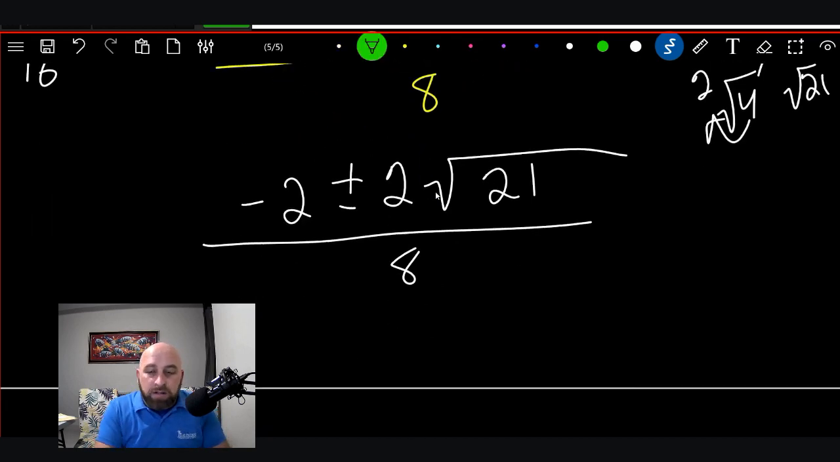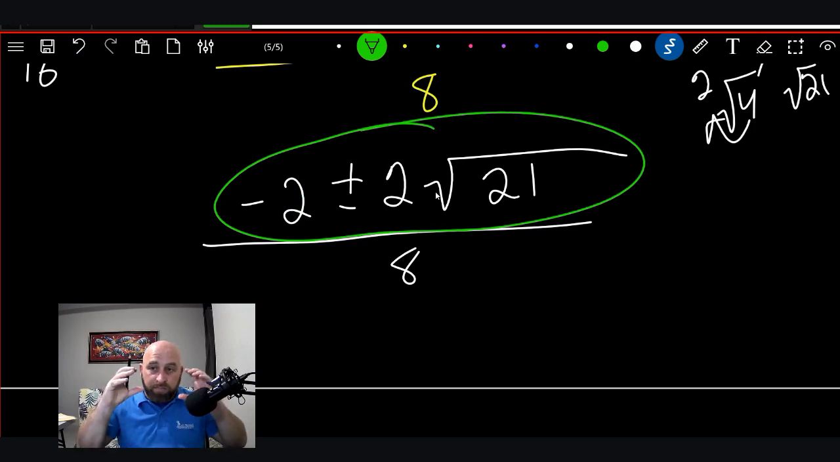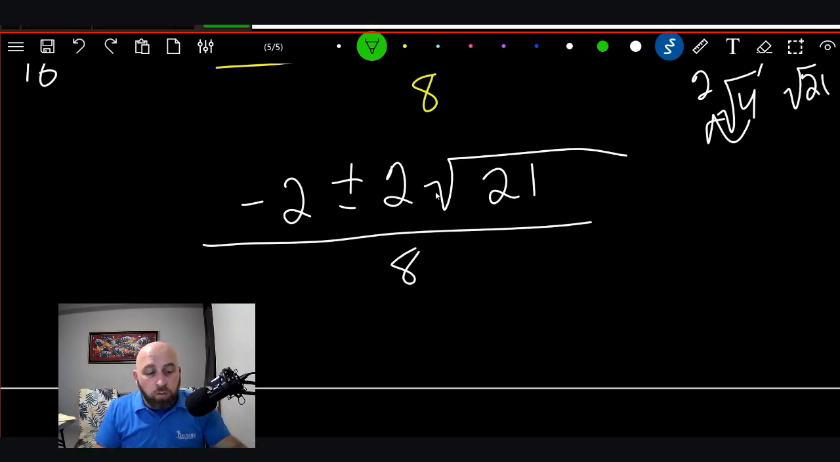Now, this is what I was talking about. This is a place where students mess up right here. One thing that students try to do is they try to reduce this right here, and that's a mistake, okay? Let me show you why. You can't reduce this because this up here is a term. That top part is a term. So what you have to do is you have to